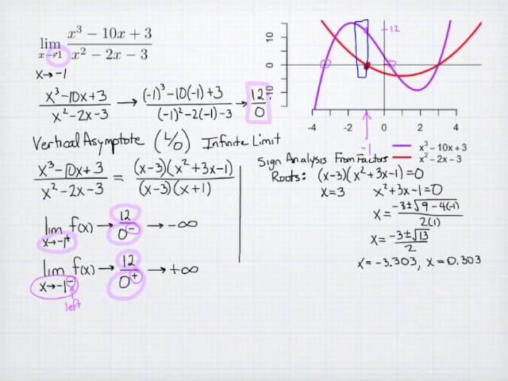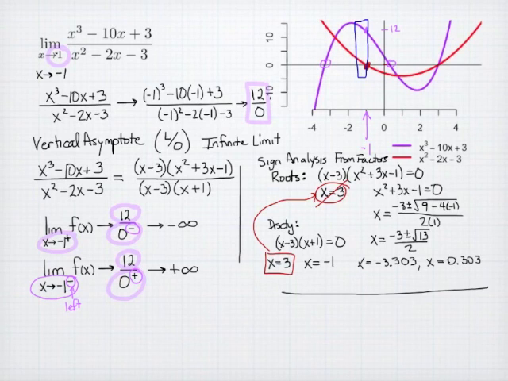We also need to worry about our discontinuities, which we found by setting the denominator equal to 0, x minus 3 times x plus 1 equals 0. Notice that we get x equals 3 from this, and x equals -1. Just a caution, because we found x equals 3 in our discontinuity, that means in fact it was not a root. And so when we do our sign analysis, we have at -1 a single discontinuity, undefined,